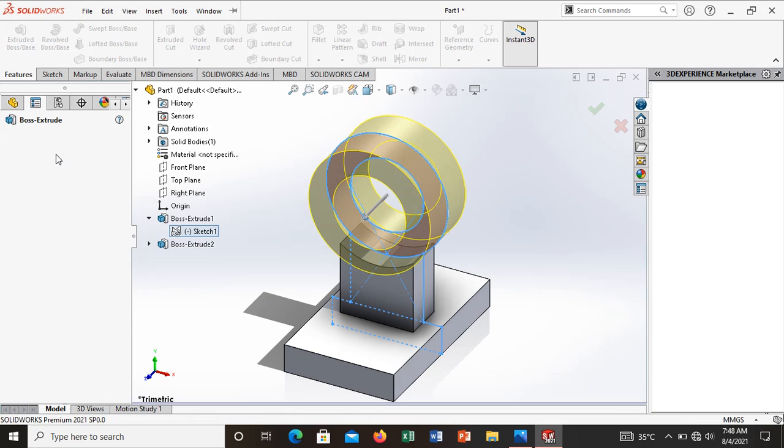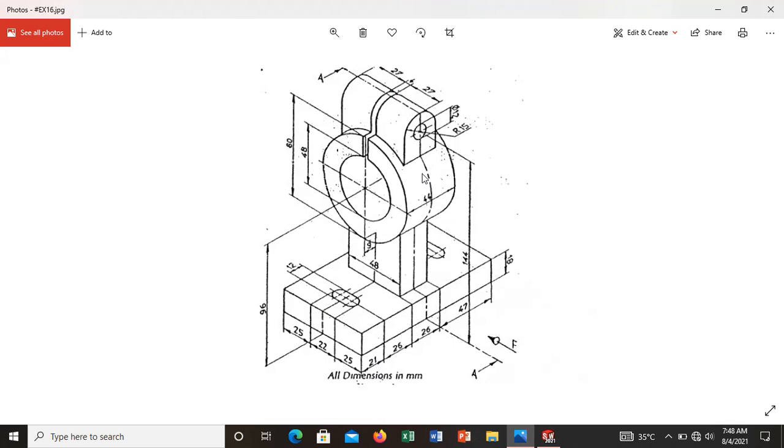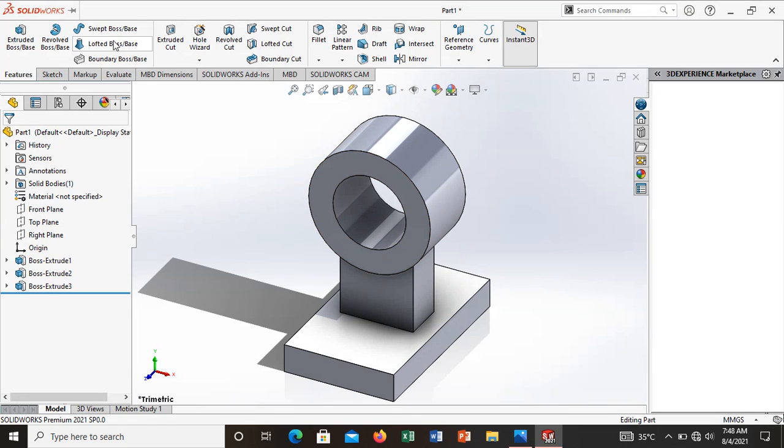We are almost completed. Now we're going to draw this profile. Its dimension from the bottom to the center of the circle is 144. Go to the side plane. Okay, that is the right side plane. Select the right side plane.